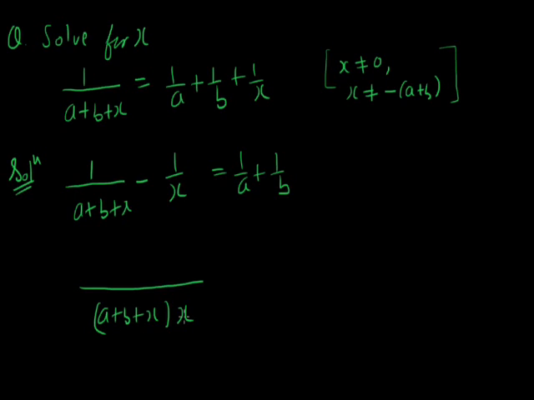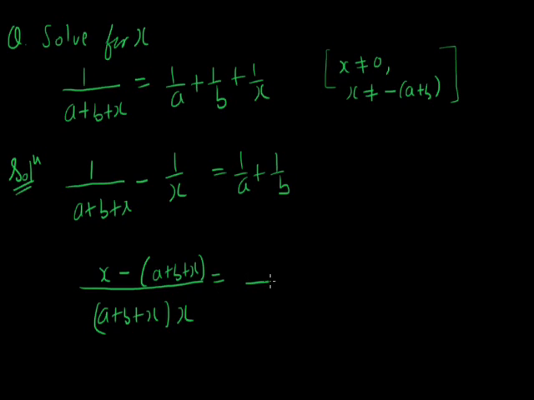Now this expression is divided by this, so these two terms get cancelled. So what is left? That is x. X into 1 we get x. There is a minus sign, we put minus. Now this expression is divided by this x, so x and x get cancelled. So what is left? A plus b plus x is equal to.